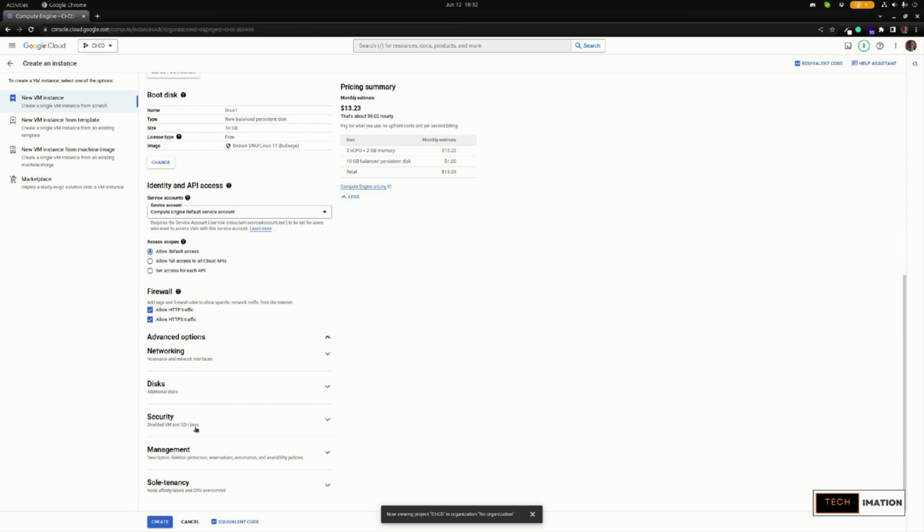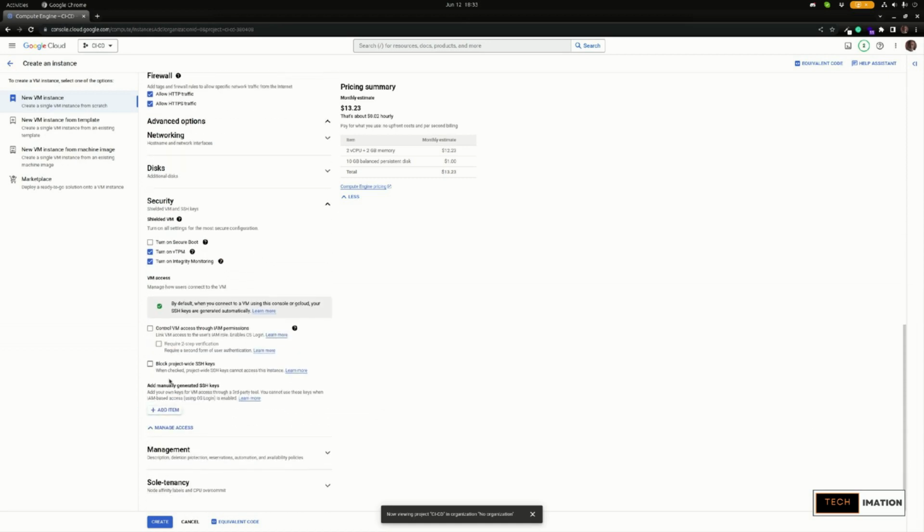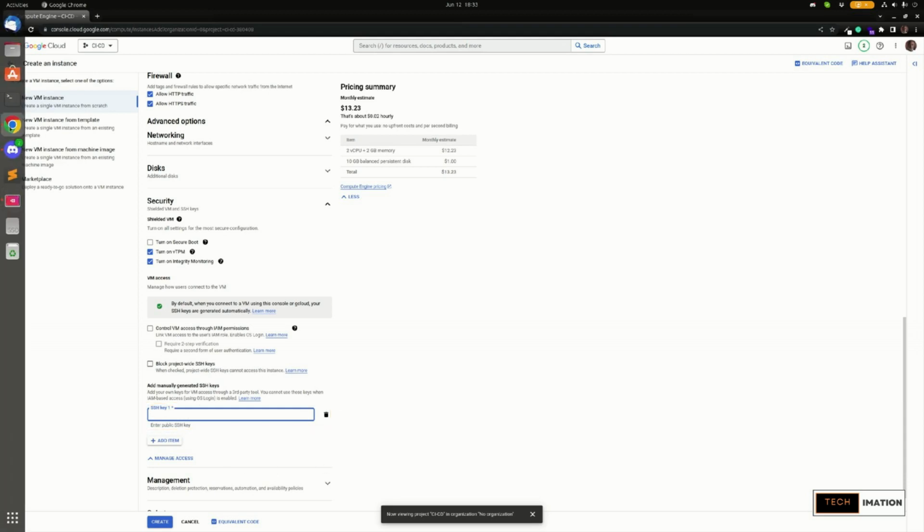I go to security, click on the drop-down menu next to security, go to the bottom of it and click on manage access. Here, I am going to add manually generated SSH keys. I will click on add item, and here is where I'm going to put my manually generated SSH key. How do I get it? I go to my command line,